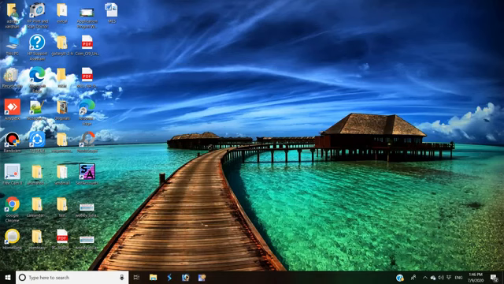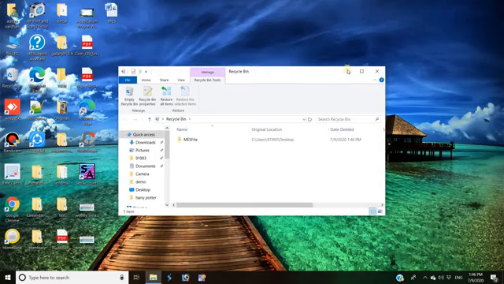Recycle Bin is treated here as a dustbin where the unused files or unused things are sent after deleting. But it can be restored from the Recycle Bin.